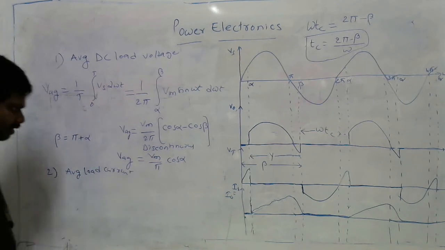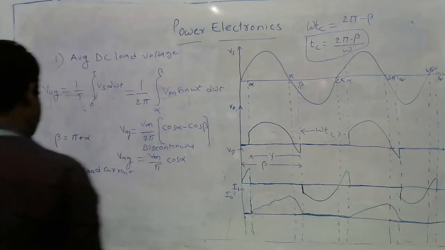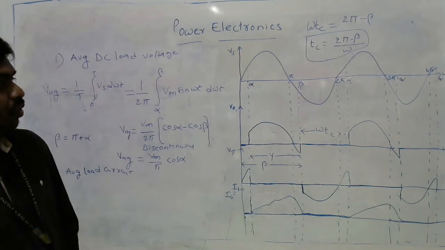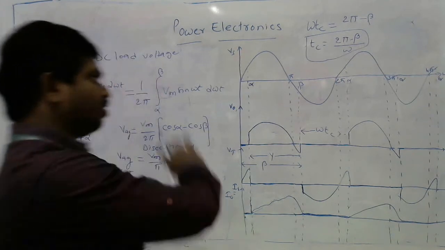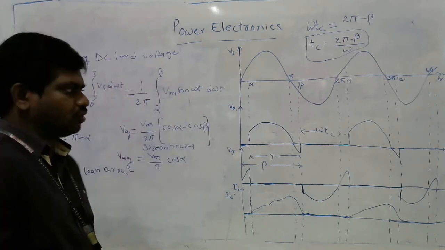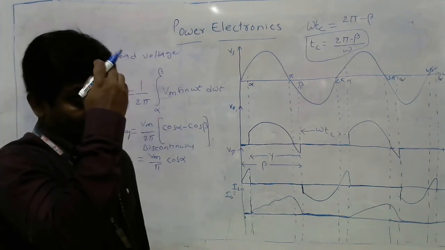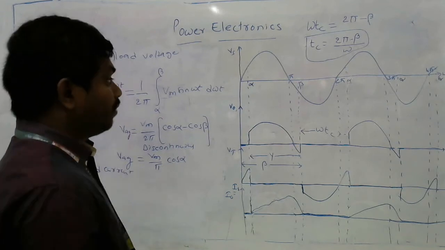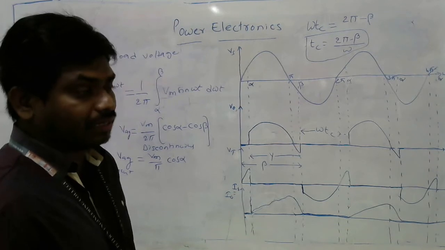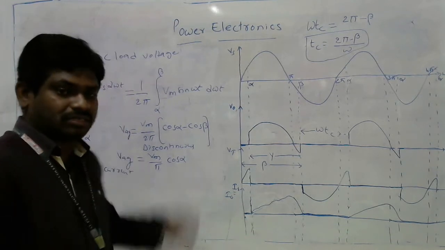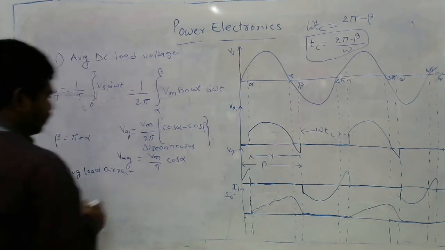Average load control. You have to tell me at the end of this class what is the disadvantage of this circuit. Based on the disadvantages, we are going to discuss the next topic. The next topic will use the same configuration, the same RL load, but apart from the RL load at the output side, we are going to keep one diode across the load. Why are we going to use the diode across the load? Because of the advantage to overcome the disadvantage of this circuit. You'll see that. So I need an answer to that question at the end of this class.